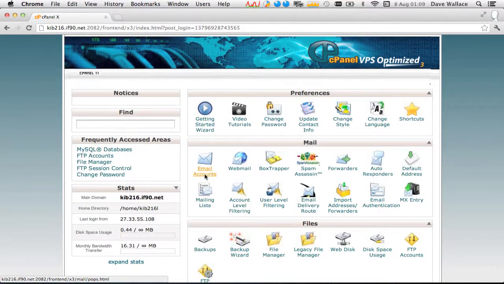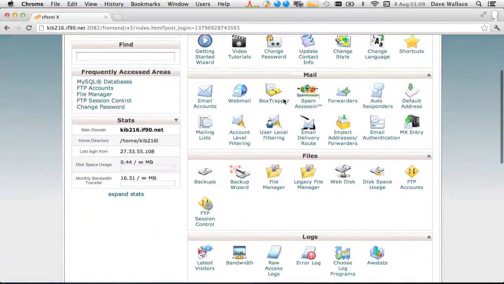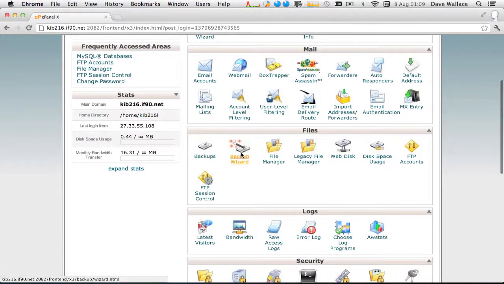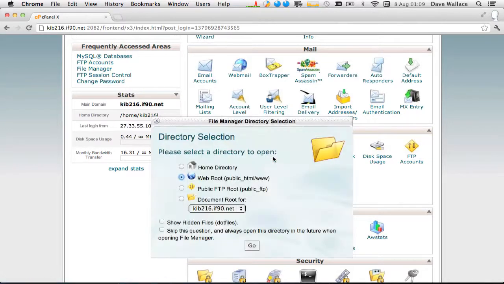So I'm going to show you the ones that you'll need to configure so that you can set up a WordPress site. Now the first thing I want to be able to do is access the files on my web server. And there's a few ways of doing that. Often you'll get a web-based file manager, like here. If I look down under Files, click on File Manager,